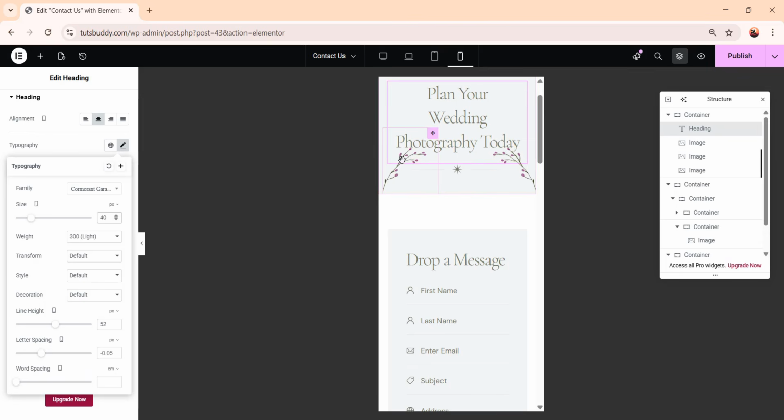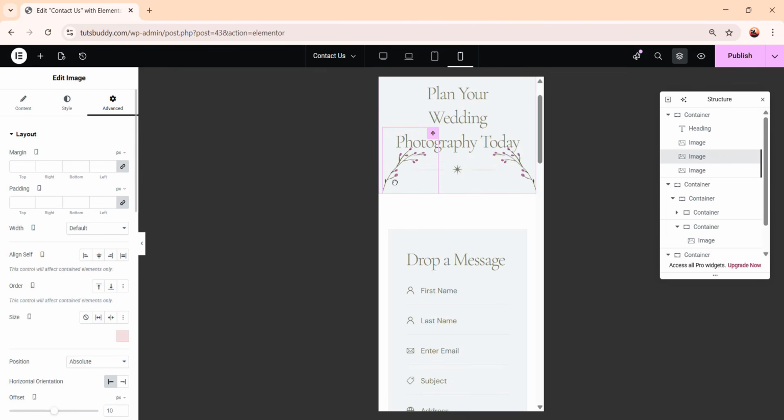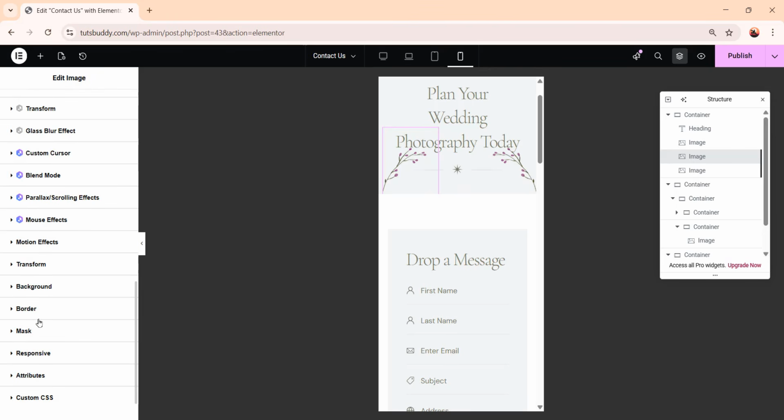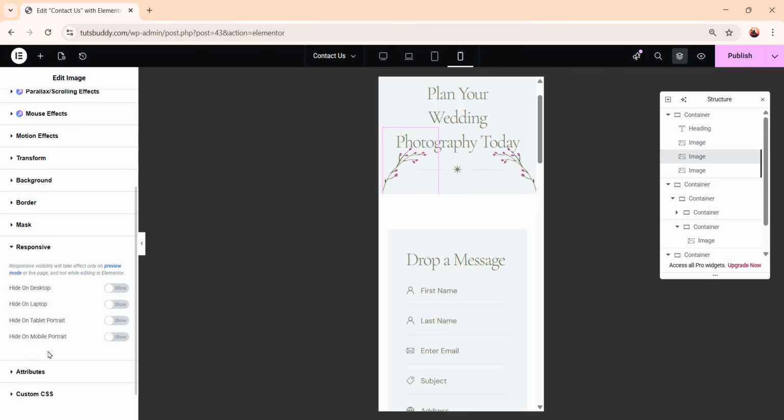Now as you can see, these pictures are actually blocking the heading. So I want to hide these pictures. So let's select this picture. In this advanced option, if you scroll down, you'll find this responsive option. Go over here. In this responsive option, you can see the options hide on desktop, hide on laptop, hide on